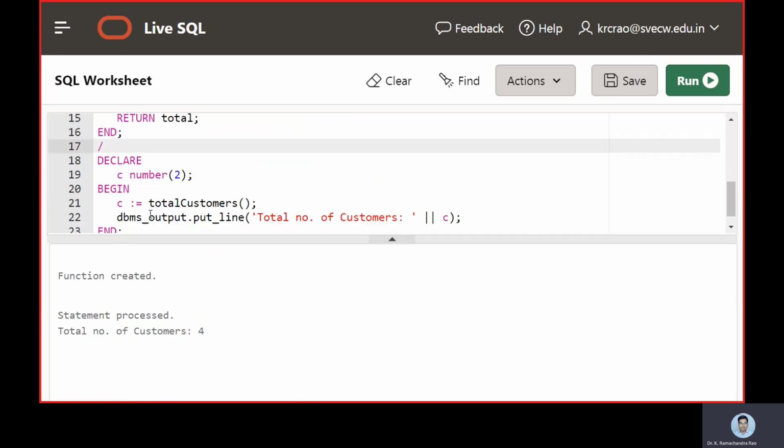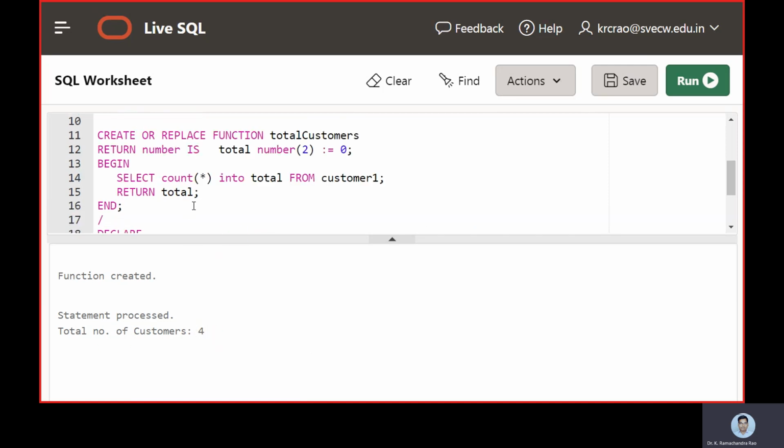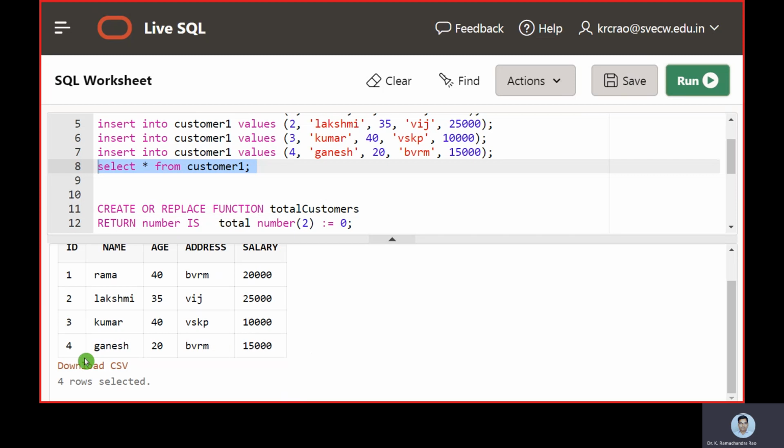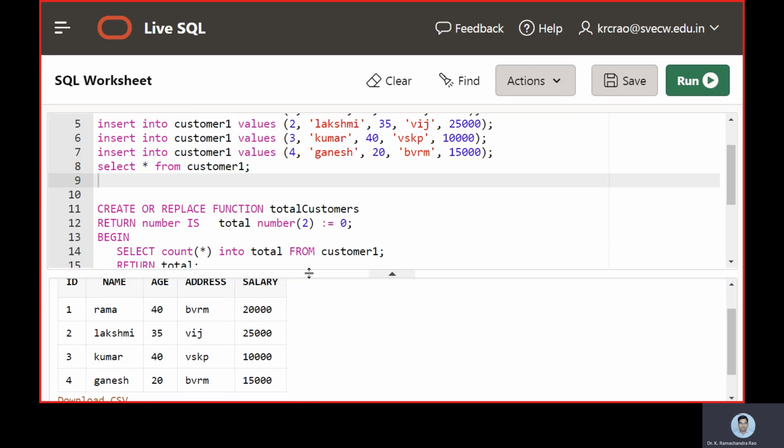Then main body was taken up, that is total customers, and it displays number of customers is concatenated with 6 here. So total number of customers are 4. Why? Because we have already made a customer table, and in that customer table total records are 4.